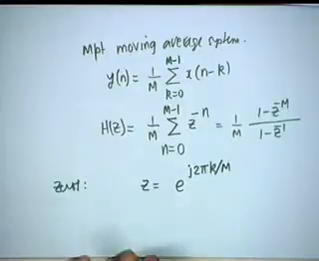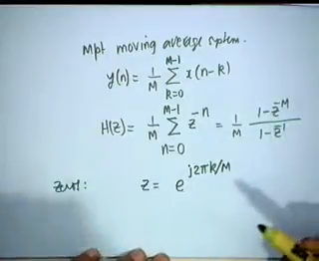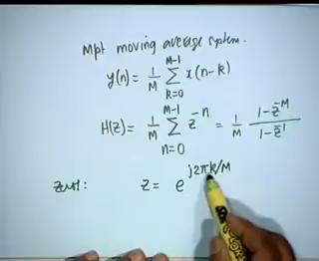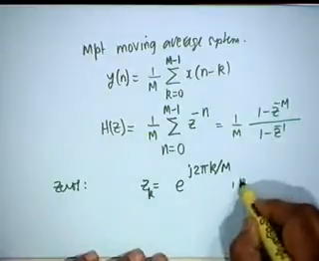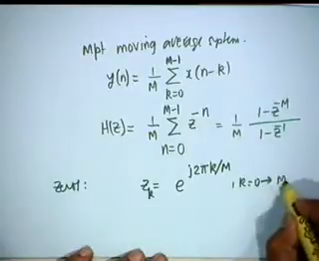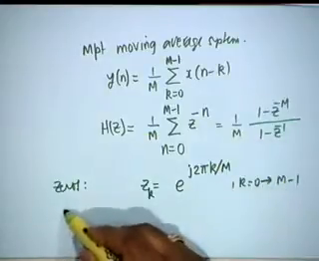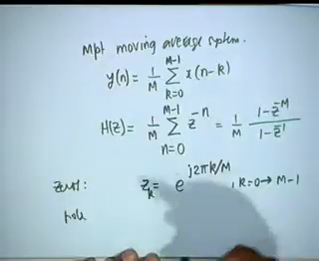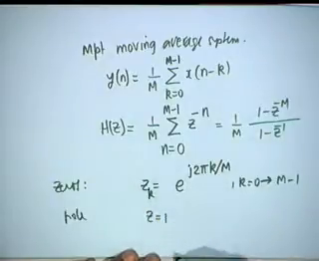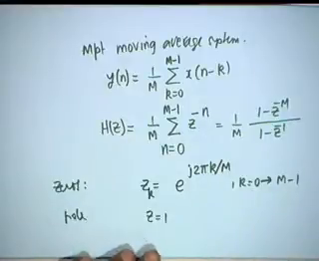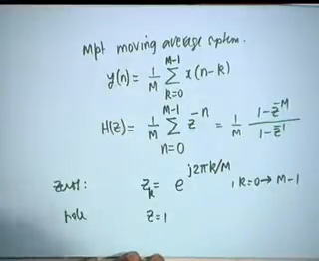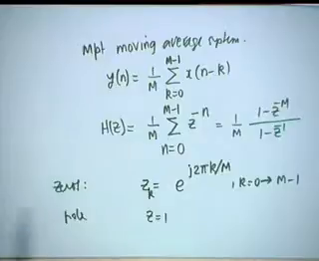Agreed? Z to the m is equal to 1, and 1 is e to the j 2 pi k. So, these are the zeros z_k, k equal to 0 to m minus 1. The pole: just one pole at z equal to 1, and you notice that k equal to 0 gives z equal to 1. So, there is a pole-zero cancellation and the system is still